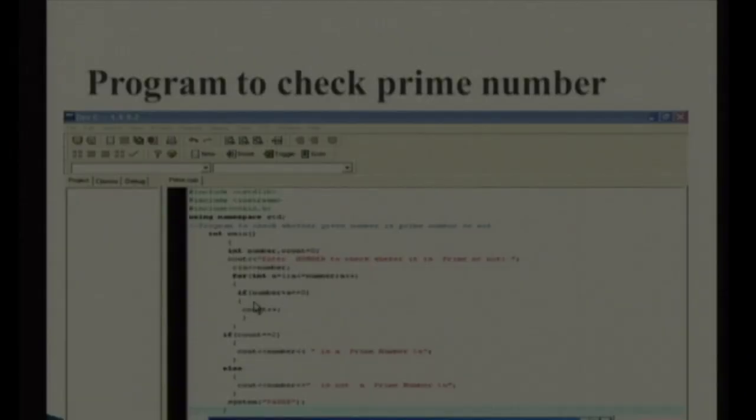See here in the if condition you can see that it is talking about modulus. So, it is talking about the remainder. If the remainder is 0, it means it is divisible. If it is divisible, it is not a prime number. That is the only logic applied here, right. So, what are we doing? We have a counter variable, and we increment that counter variable, and if the counter becomes 2, 1 obviously it will become, because it will be divisible by itself. If it is 2, it means it has been divisible by some other number also, that is why it is not a prime number.